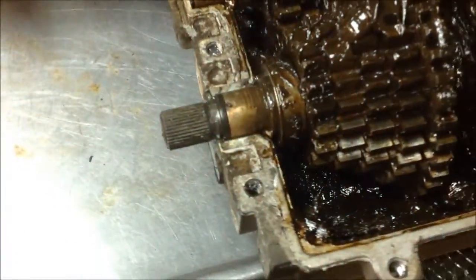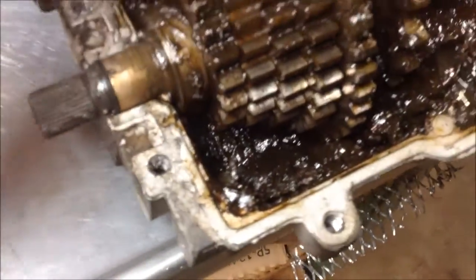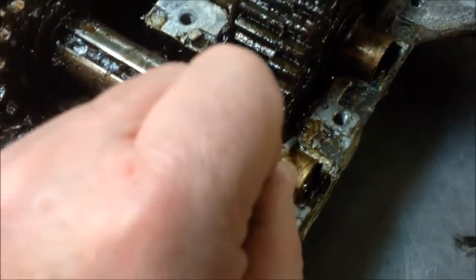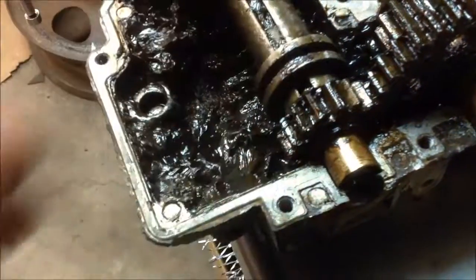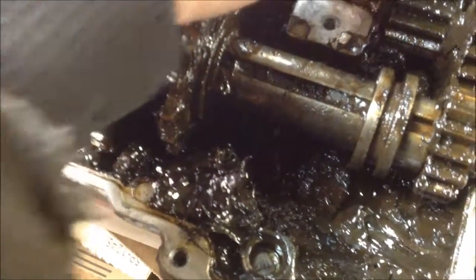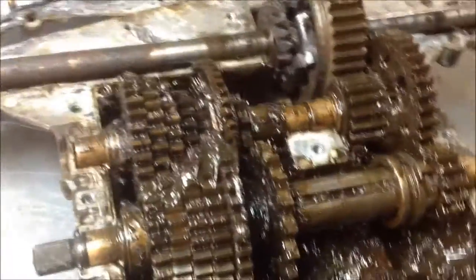Make sure that they're in good shape, because it's a stop that holds that bushing in place. This one's got one too. I actually set all these out so I could show you. So you want to make sure that those are in the right spot so that bushing doesn't sit and spin. Otherwise it'll just destroy them. That's what that does, it stops that bushing from just sitting there spinning, wearing itself out. So that's one thing. The other thing that I want to mention is